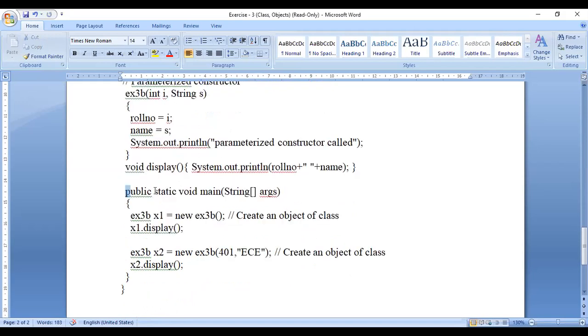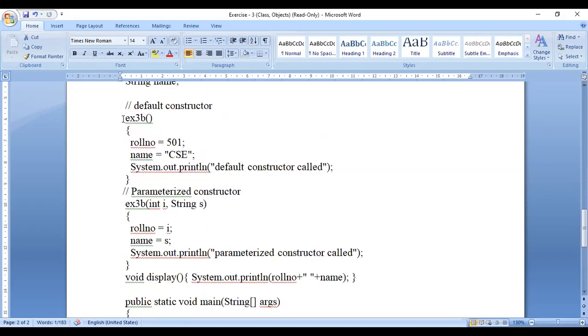Coming to the main function of this class, I have created one object x1 of this class ex3b. And I call the display method and simply display on the screen what we initially gave in the default constructor.